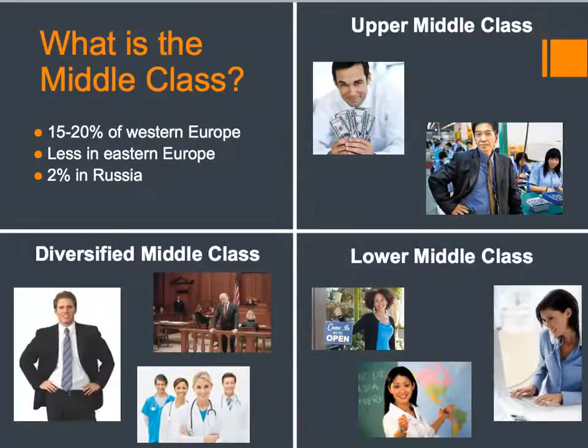All right, I am correct. So what is this middle class? What exactly is it? Who is it? What kinds of things does it do? Who's in what part of it? Well, in Western Europe, about 15 to 20% of the population qualifies as middle class. In Eastern Europe, it's going to be less, and in Russia, 2%. Hopefully by now you can explain why there's less in Russia than in Western Europe. There's certain things that are missing. That's a big story. If you don't know that, go back and review notes from Unit 9 and Unit 10.